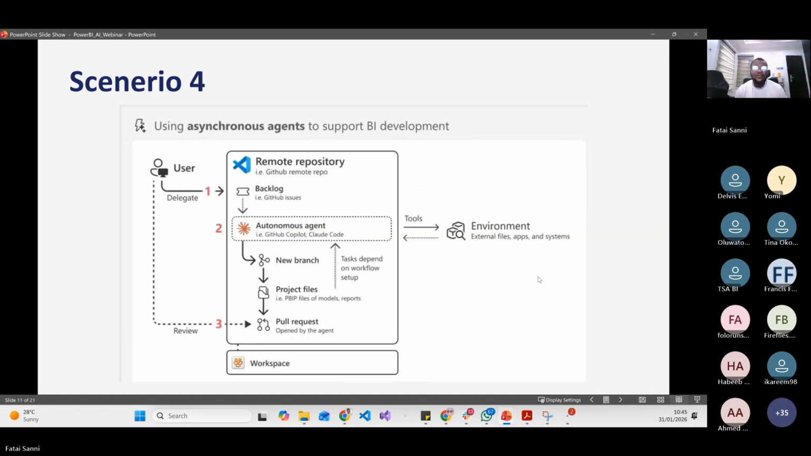Okay, scenario 4 is where we have asynchronous agents. This is like Zen level development. Now we have agents working independently, clearing GitHub backlog issues. We have autonomous agents creating branches, merging branches, picking tickets, resolving tickets, closing them, fixing bugs. Power BI dashboard is not refreshing, refresh is timing out, refresh is failing, gateway is bad. And you have asynchronous agents that are picking up this task, resolving it, publishing it, closing out